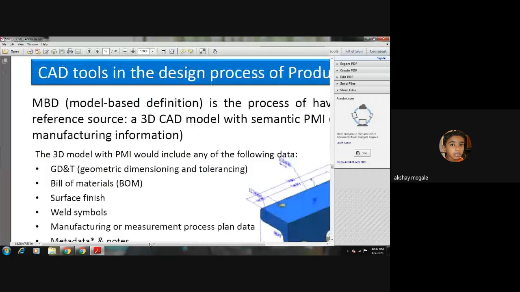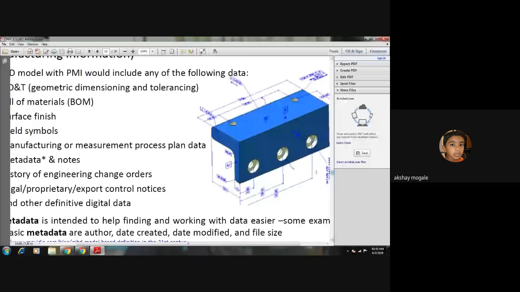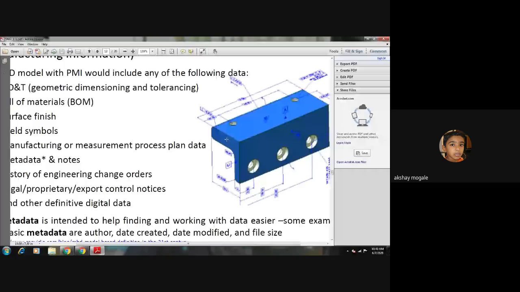So this is another surface here. This is C surface, and this surface is perpendicular to A. So all these dimensions are being shown here. All the data, whatever you have designed, for what purpose, can be shown here.